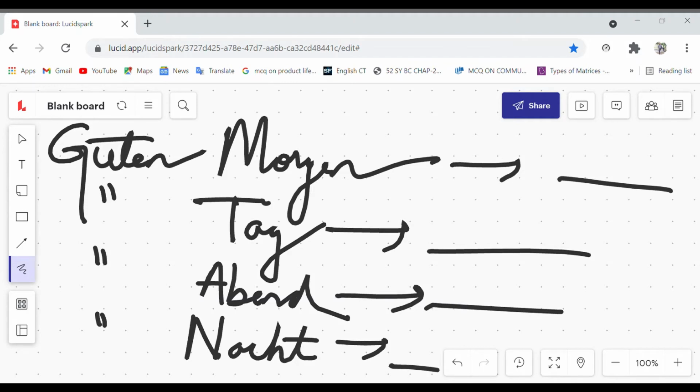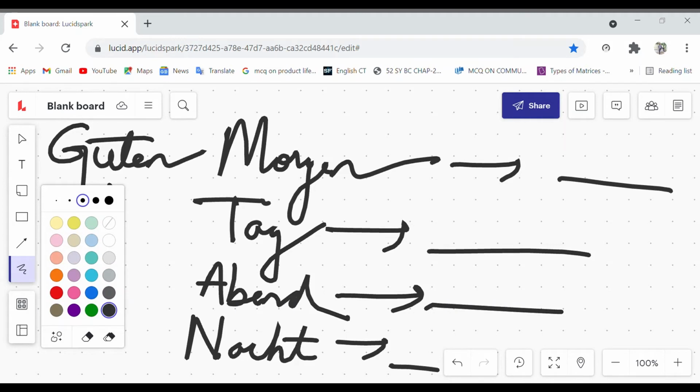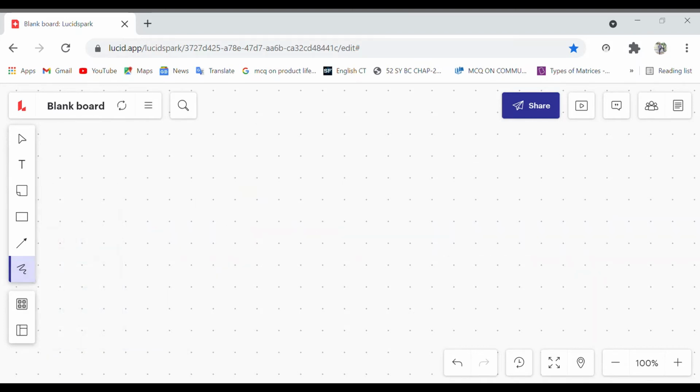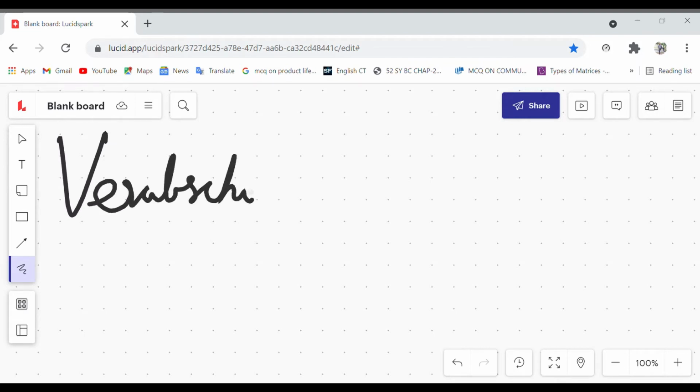Then comes one of the most complex words, which is quite difficult to put in our mouth. That is Verabschiedenen wollten. Let me write the spelling. Verabschiedenen wollten.